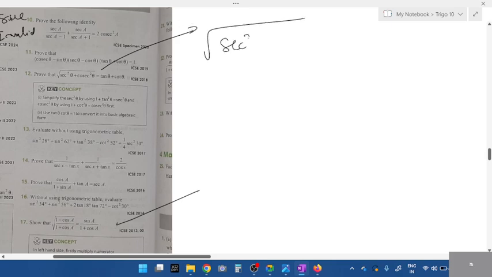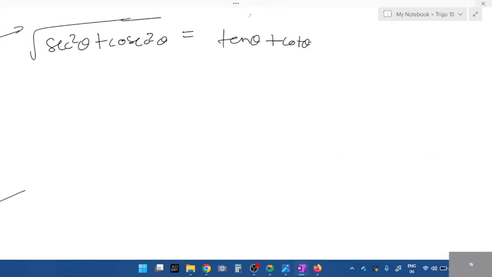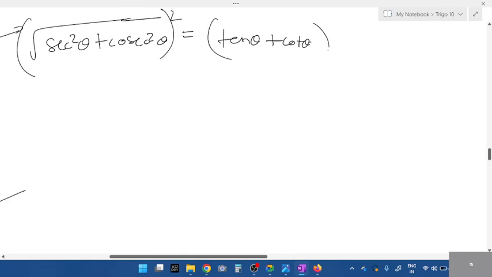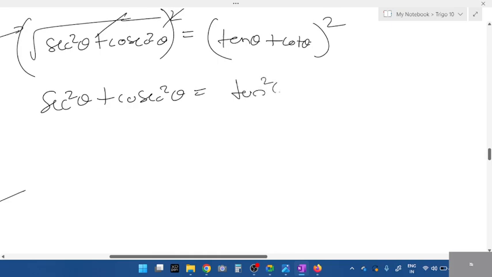The 12th question has sec square theta plus cosec square theta is equal to tan theta plus cot theta. Whenever you have question like this, you can square it on both the sides. If you square, what do we get? Square on both the sides. Here the square root gets cancelled. So what do you get, student? Sec square theta plus cosec square theta. Here, what happens here? Doesn't it look like a plus b the whole square? What is a plus b the whole square? Tan square theta plus cot square theta plus